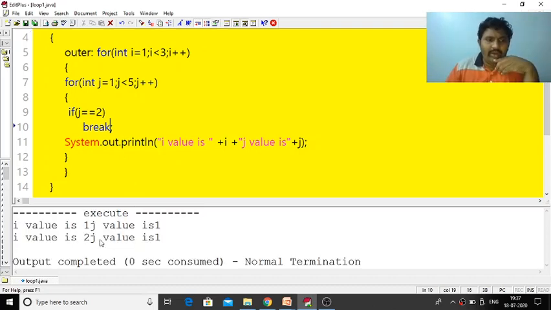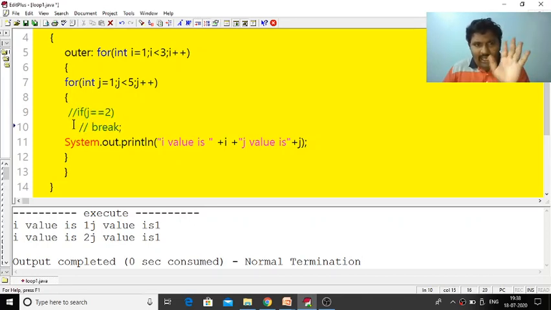Now how the program executes: i value is 1 and j value is 1, and i value is 2 and j value is... so j value is 1, it's printed. Whenever the j value becomes 2, it comes out of the execution. Whenever the j value becomes 2, it's coming out, that's why I'm not getting j value 1. So for example, let us put these statements in comment also, then you can understand exactly